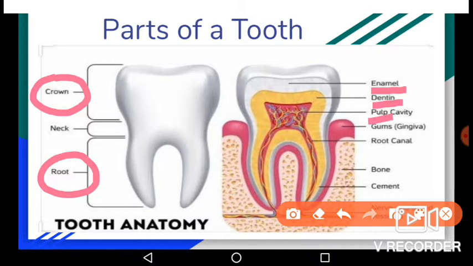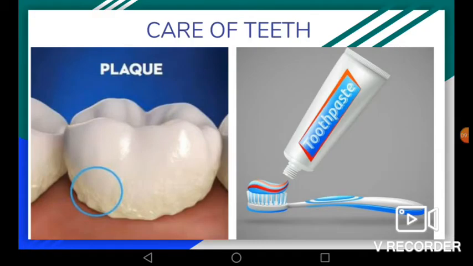And this pulp is very soft and full of nerves and blood vessels. The pulp forms the central part of the tooth. As teeth are very important, proper care of teeth is very important. When we eat, tiny bites of food get stuck in spaces between our teeth. We need to clean them out. Otherwise, germs can grow there.